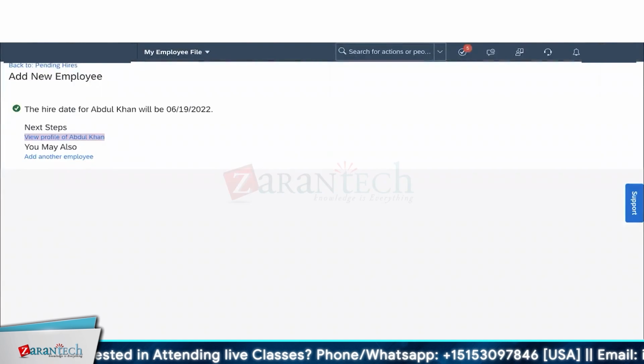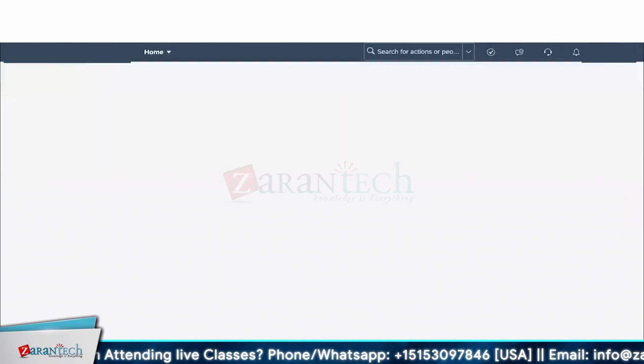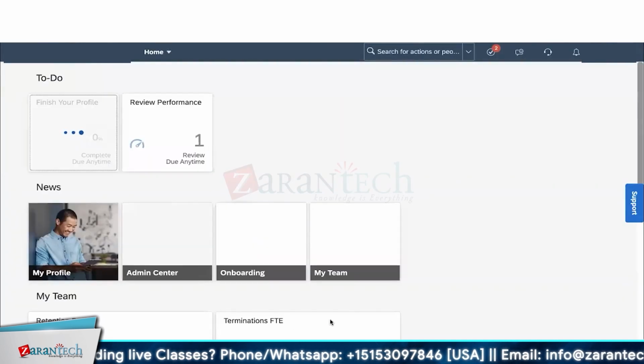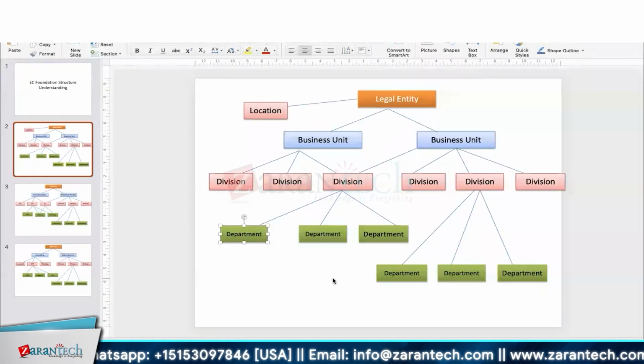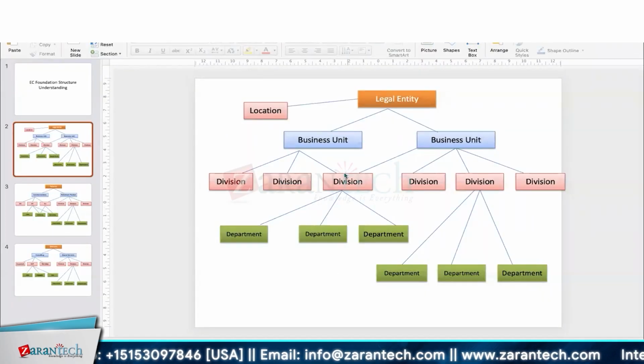Not only Employee Central, basically the SuccessFactors org structure, I have to say, will be built using all the foundation objects, because it's all about the company data. So let me open the org structure related things for a second. This is how the org structure will be set up, guys, where the standard SuccessFactors org structure will be